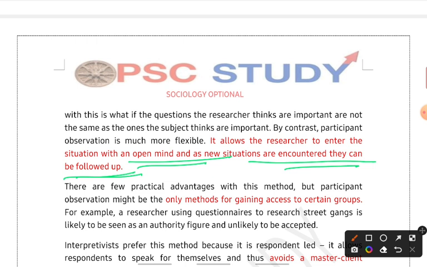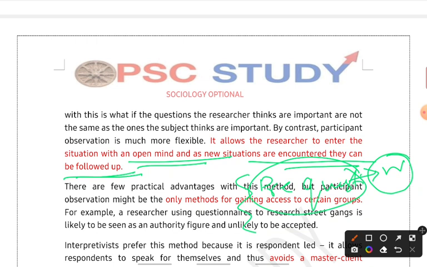Now suppose he came with some prepared questions that he would be asking the tribe in regard to their institutions or practices, but he sees a whole different situation over there. These questions were prepared for a normal situation, but now the situation is different. So the advantage of this participant observation method is that it can make the researcher adjust based on the situation which is prevalent in that particular society.